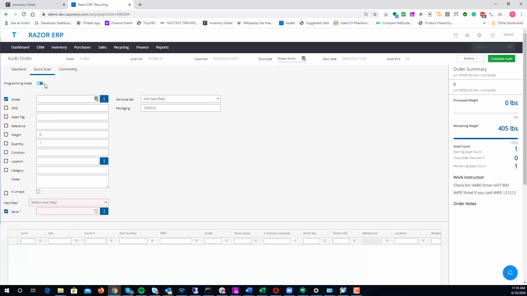can set up the preset defaults, so you would hit programming mode and select which checkboxes you want the cursor to jump in between. So if you're going to scan a model, after the model and the carriage key or enter key is hit, it'll jump to serial, and then when you scan a serial with the enter key, it's going to jump back to model. So one of the key things to do is make sure you set up some of the